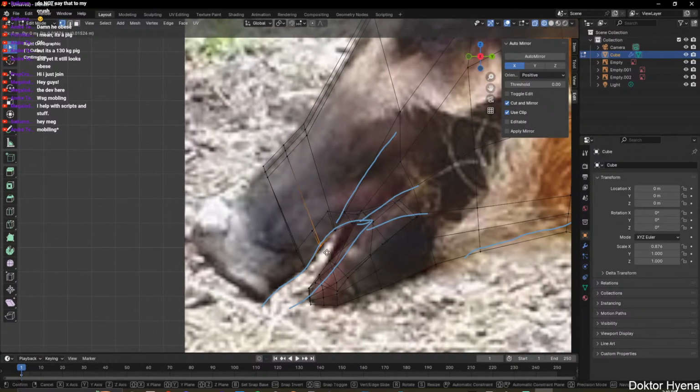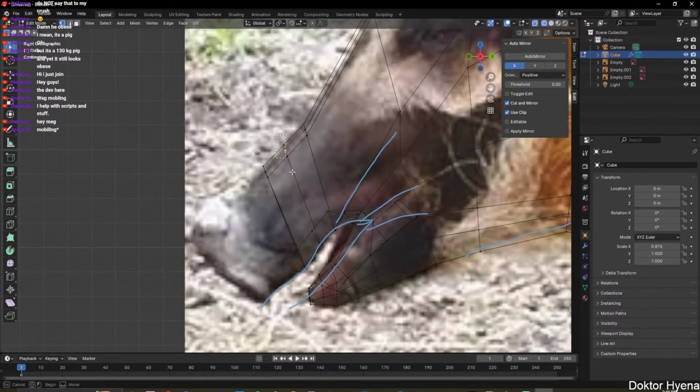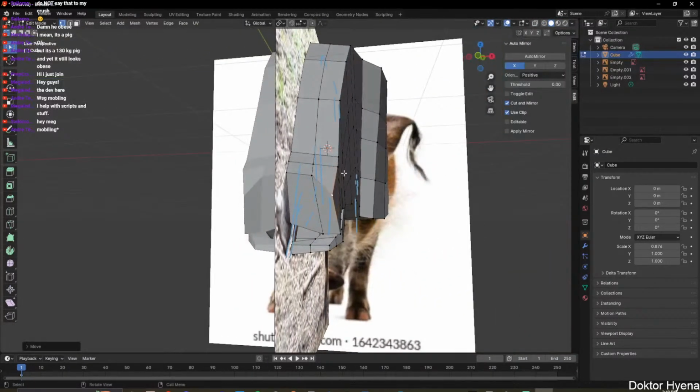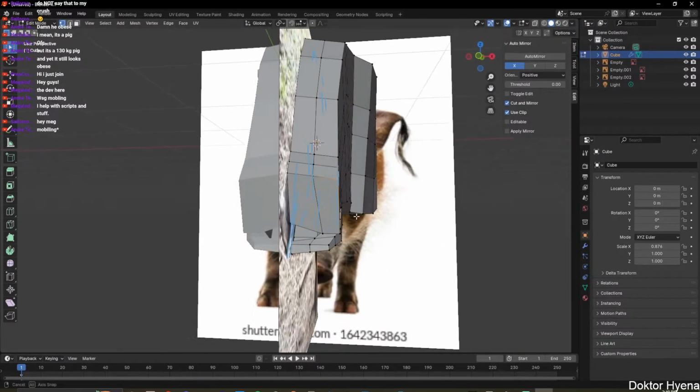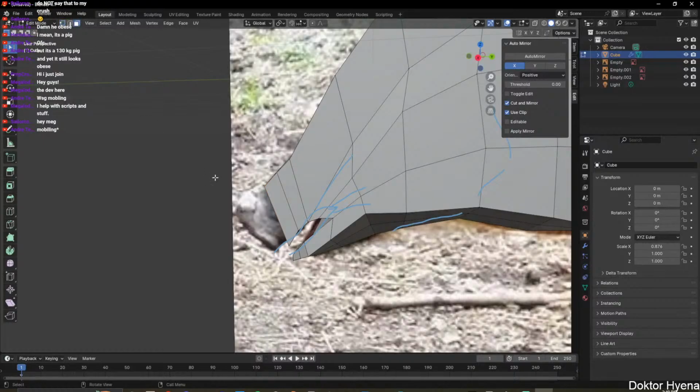And just add loop cuts and extrude as needed to follow the shape that you want. Actually, we're not gonna sculpt that just yet, but